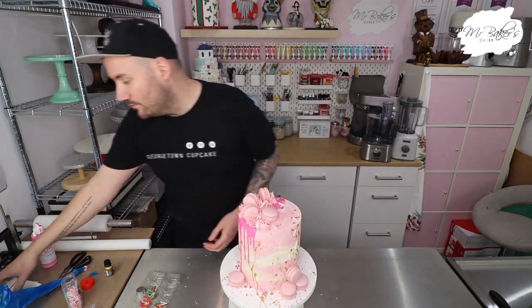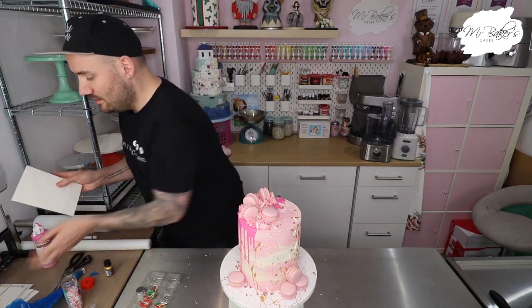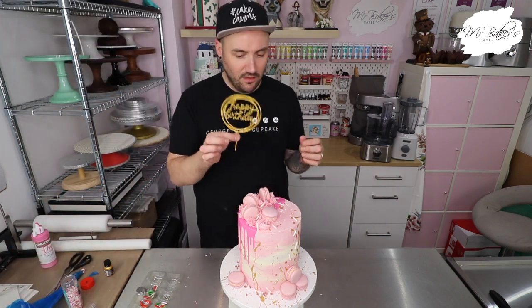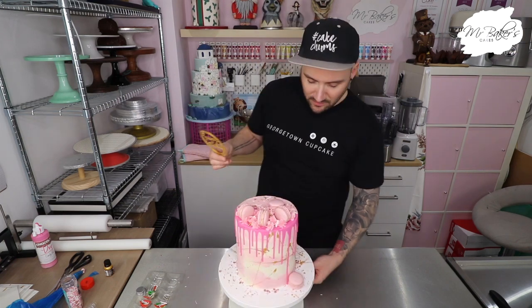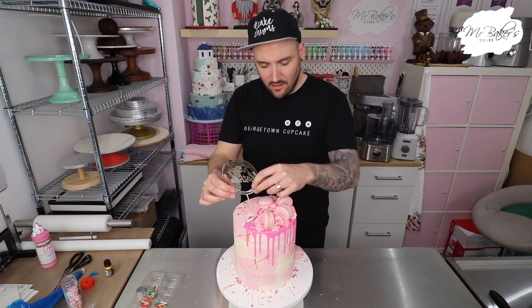And then the last thing we're going to add is something else I picked up from Amazon. In fact, it was a pack of kind of budget cake toppers. So these were £7 for 8 plastic acrylic cake toppers, all in gold. Some of them are a bit not great, and obviously the quality is what you'd expect for £7 for 8 toppers, but for a cake just to enjoy at home, I figured, you know, you can't go wrong. So I'm just going to, if we find the front, slide this in kind of